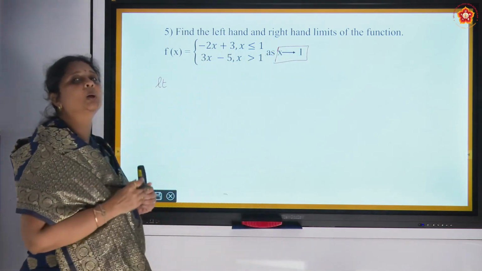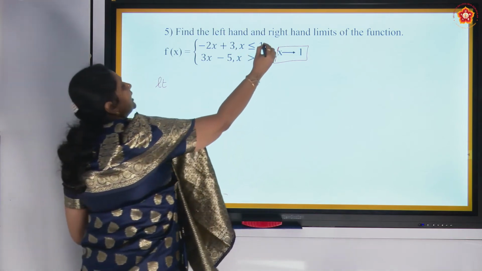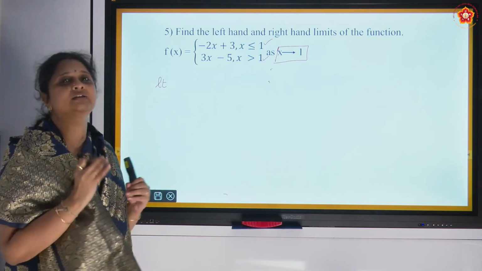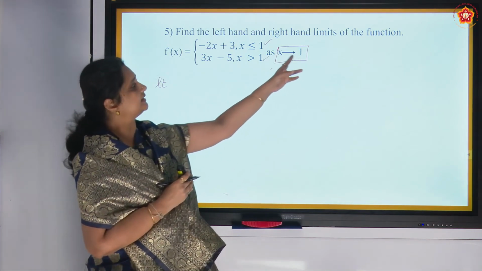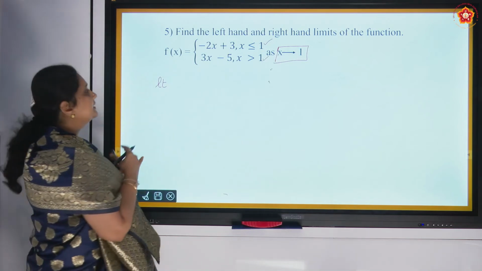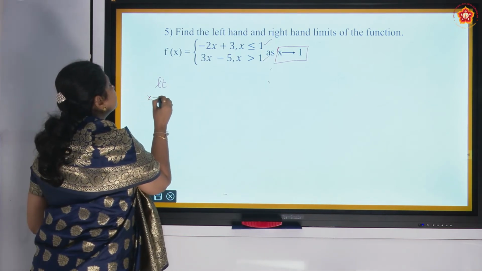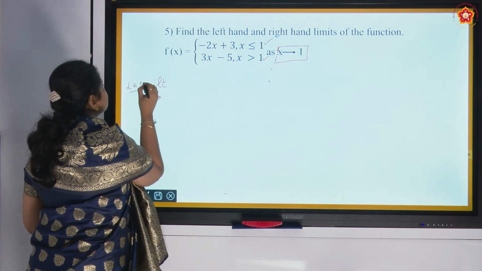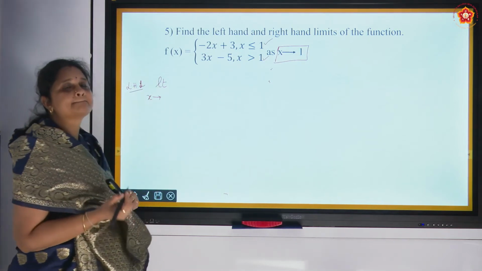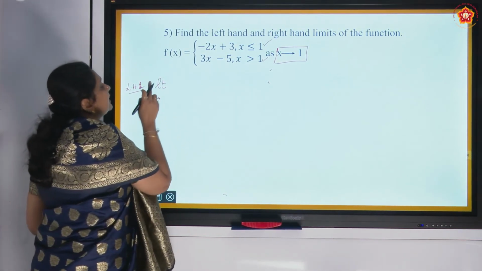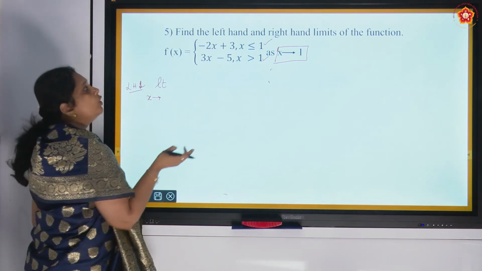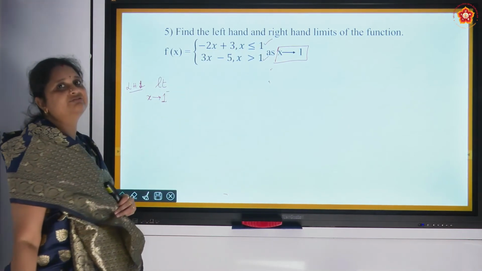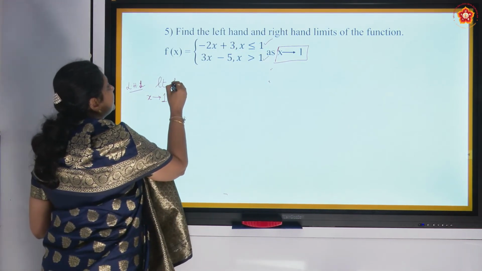Sometimes this is also not given in the question. So with this change in the function behavior, you need to determine which value to find the limit at. Okay, but here it says x limiting to 1. So let's take that. So now I'm supposed to find the limiting value. So first let me find the LHS, the left hand limit, LHL. So the left hand limit, that is limit of the function value from a number less than 1, 1 minus from the left hand side is equal to, of f of x is equal to